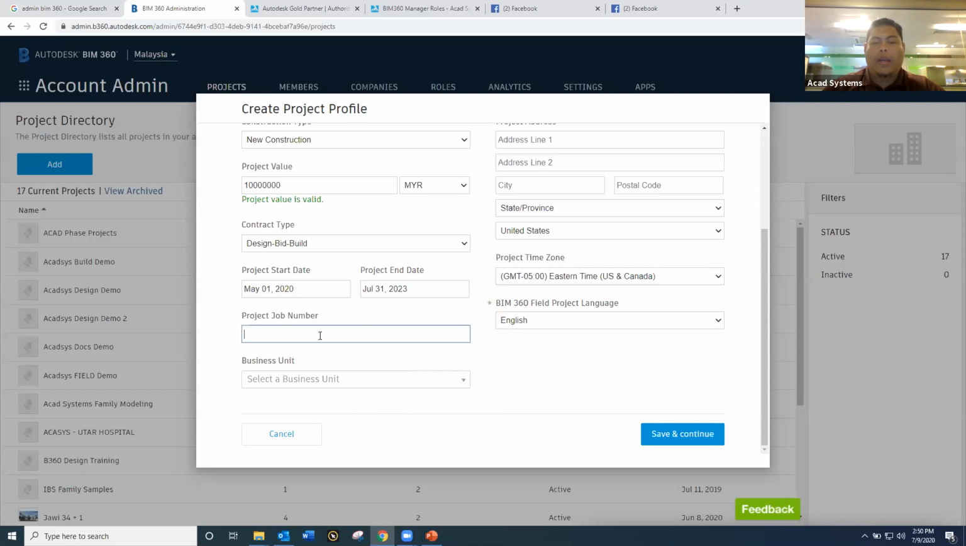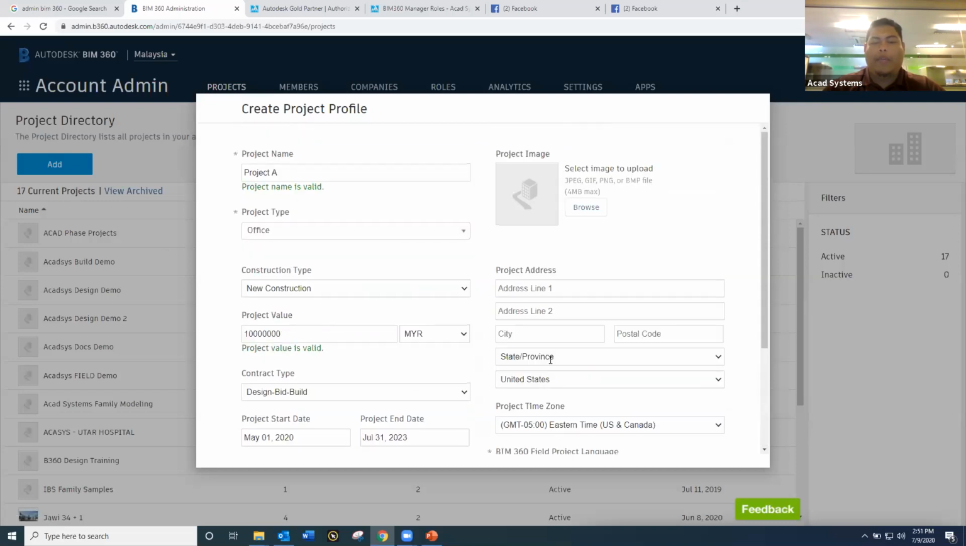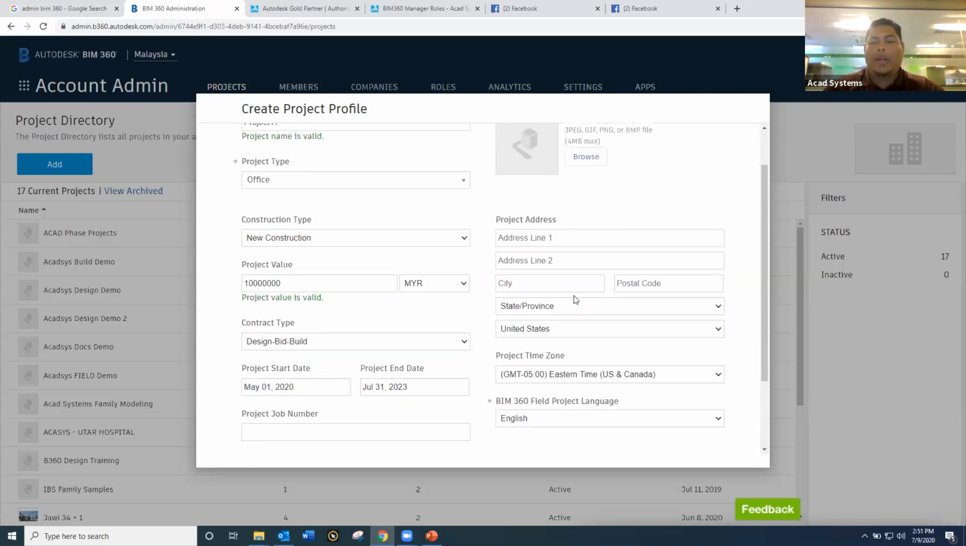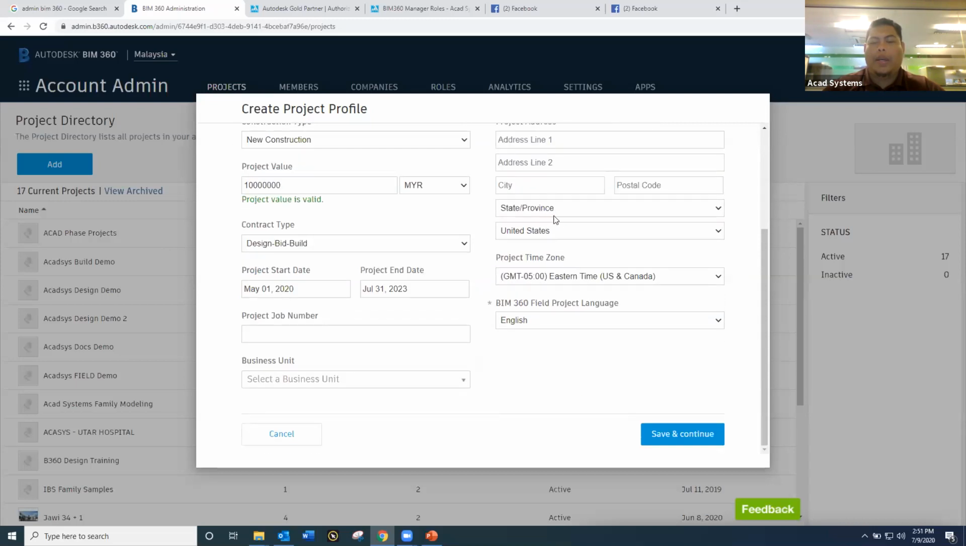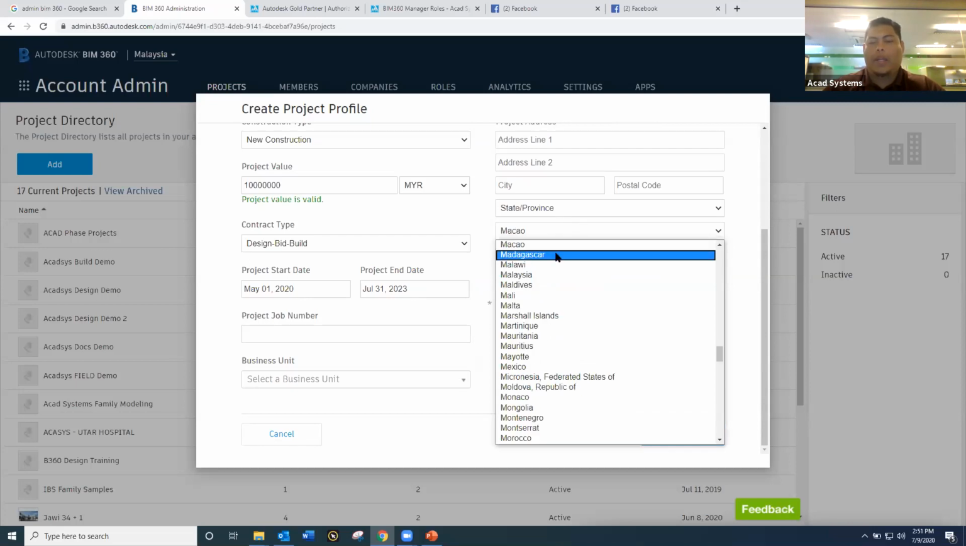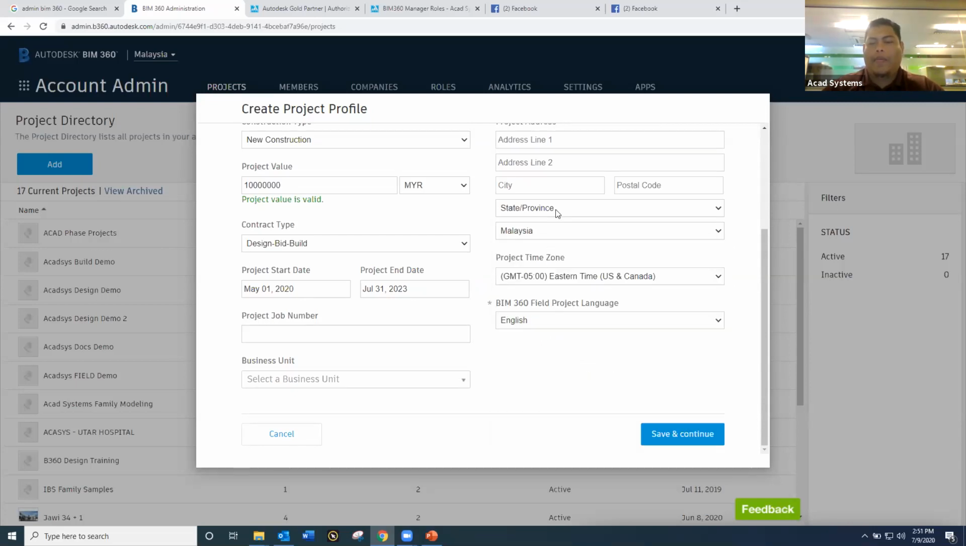Okay, and then if there is any project number, it's not really necessary. But if you have any project number for your company, or any kind of project code that people will know is this particular project, you can still add it. Just leave the business unit here, and then put the address. Then assign the province and country. So let's say I'm assigning Malaysia here,